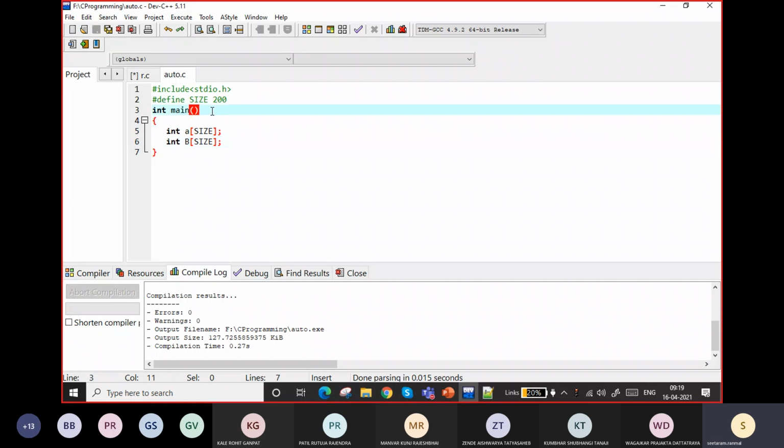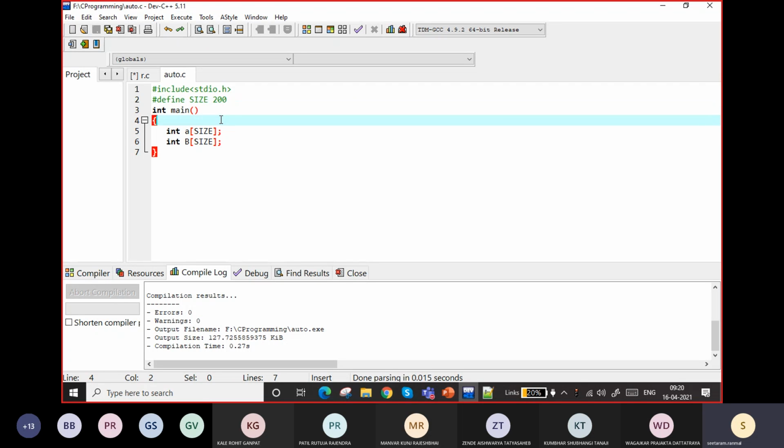Therefore, it is called a preprocessor. At the time of compilation, it replaces this value in the back end, and then it sends it to the compiler to compile. Before running, the size is replaced by 200. So therefore, this is a constant.